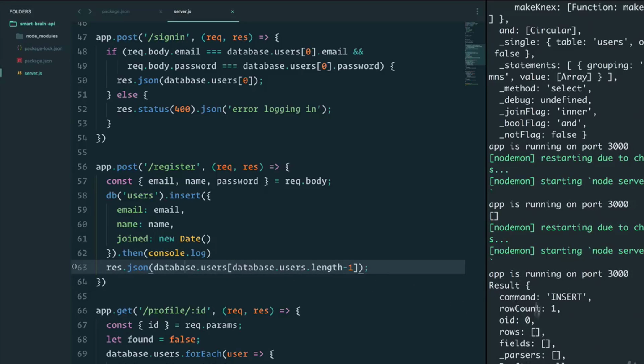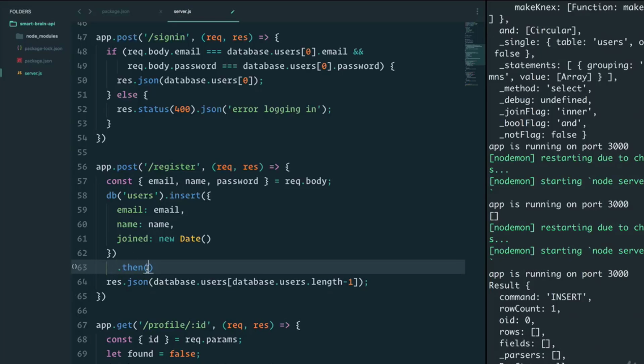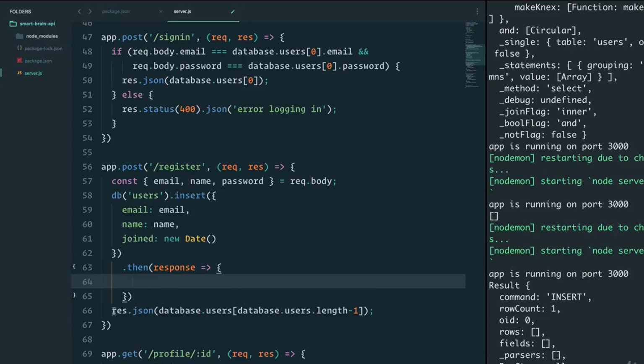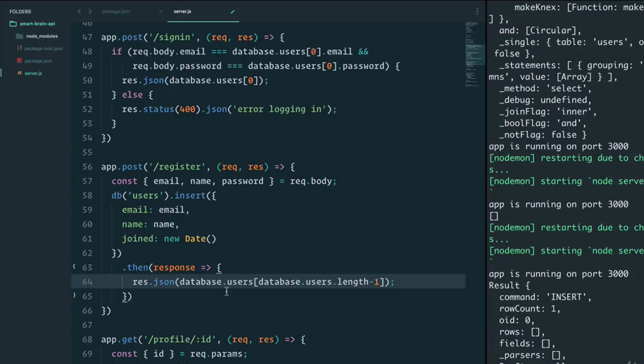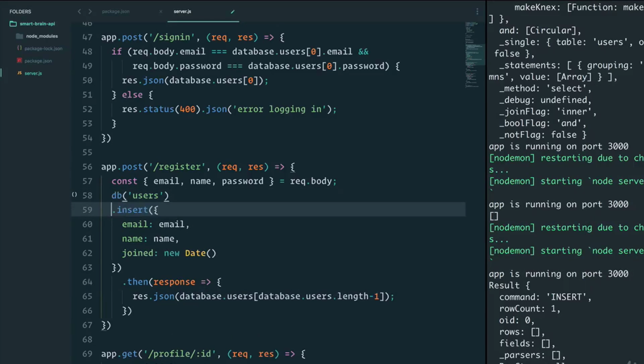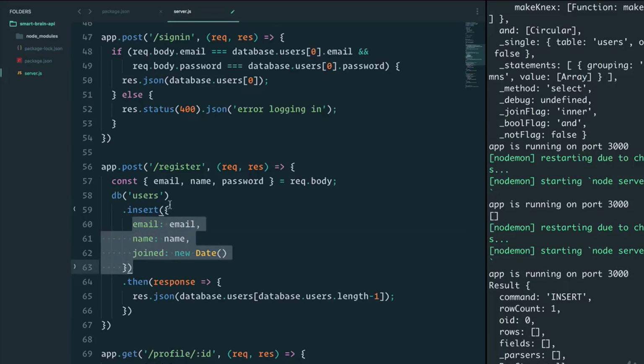Well, if this is success, in which case we want to do a .then, which we have here. If we get a response, in that case, we want to send a response.json. And this response.json will respond with, well, what should it respond with? Luckily for us, Knex, again, is built with this in mind and has a feature, or a method, that is called